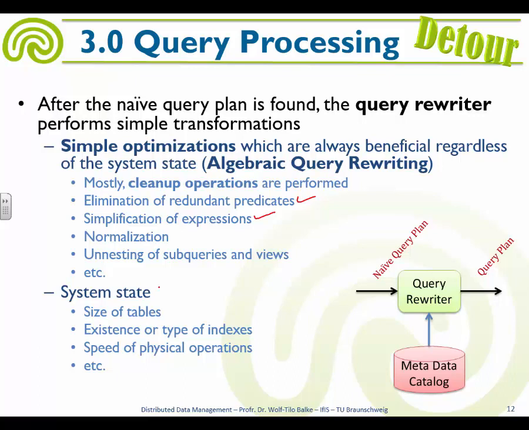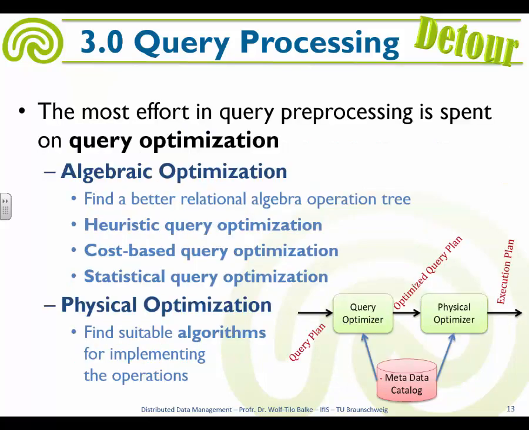And what do we mean by the system state? So the system state takes into consideration what we actually have: the size of the tables, the indexes that we have, and this is actually right here in the metadata catalog. Regardless of that, the first thing that we do is just simplification, redundancy, normalization, very, very quickly. We have this system state, but we don't use it, not yet. This is part of what we do in the next step,